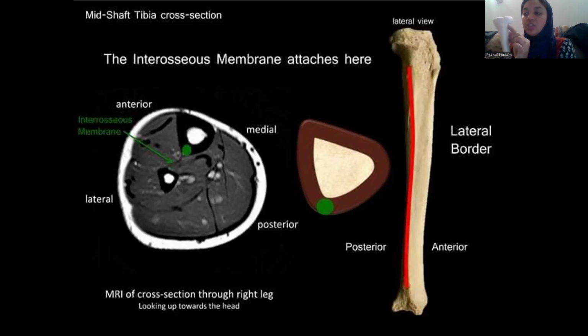So the lateral border starts just below the lateral condyle, and this is also known as the interosseous border, and it runs all the way to the anterior border of the fibular notch. So this is the anterior border of the fibular notch, right? This is the fibular notch because it allows for the fibula to attach here, to articulate here, and the lateral border ends on its anterior aspect. Okay, understood? These borders are very important.